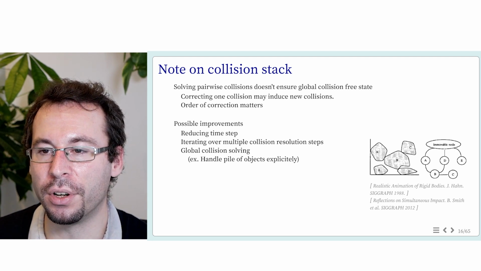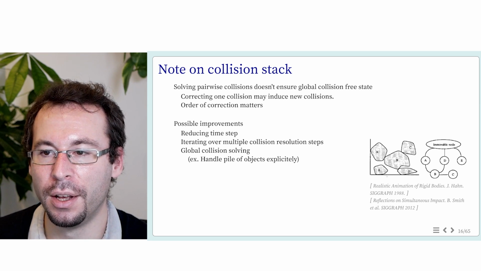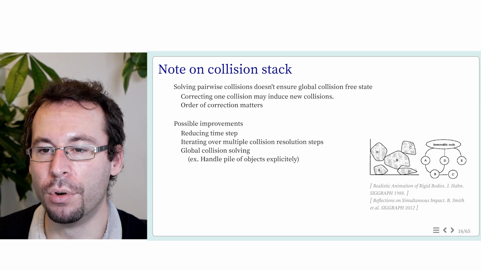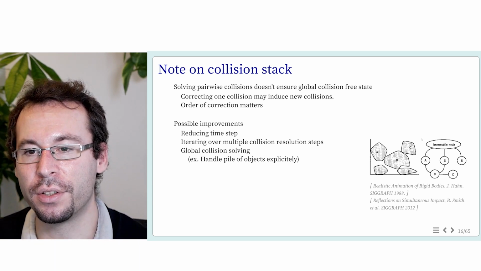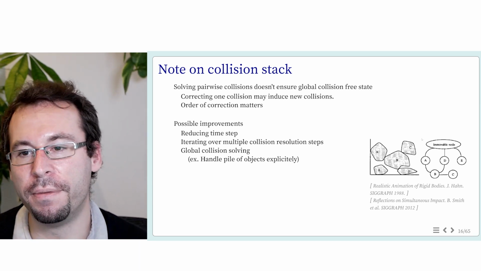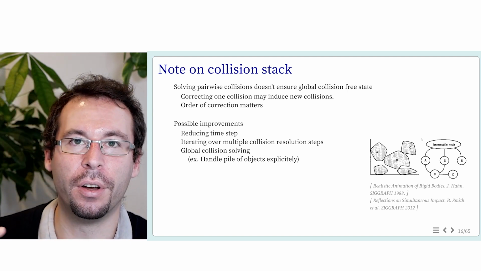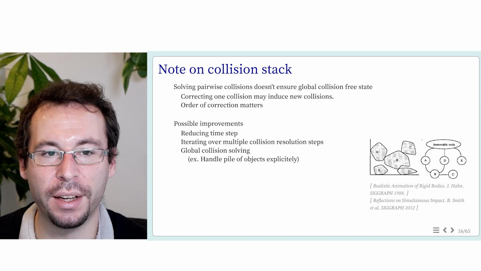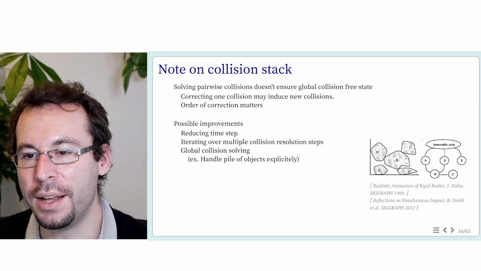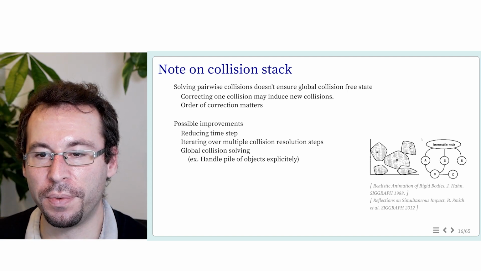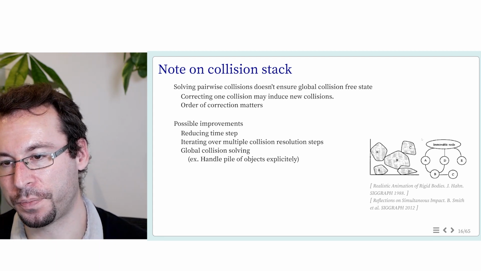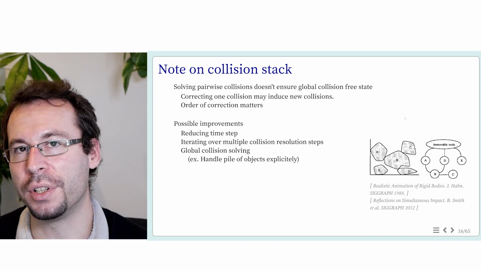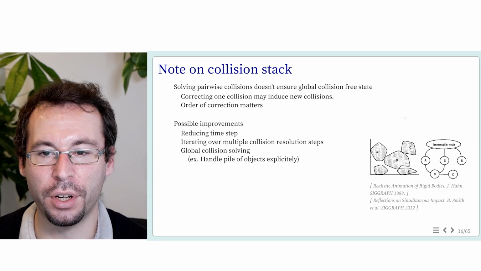And it's quite typical, for instance, to model piles of objects explicitly. We model them using a graph, starting from the object which cannot be moved, and then we go up with all the objects that are attached to it, so that we can work with them separately, avoiding computing collisions between them, or having time integration between them, to be faster and more robust. But of course, this search is also computationally costly and needs to be handled separately.